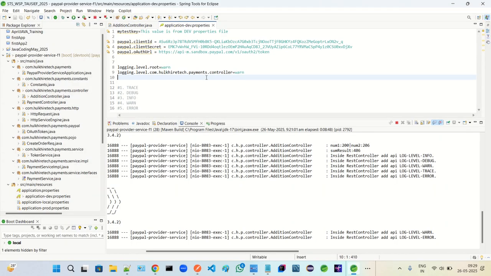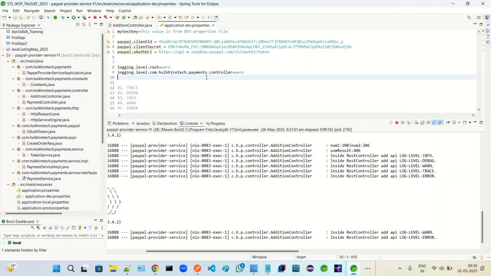Now this properties file will set it, and we can use these loggers in our application, and it will get generated over the console only. But whenever we close this application, that log will get erased. But if we are deploying it on production, we need that application log, isn't it? In future something will happen,